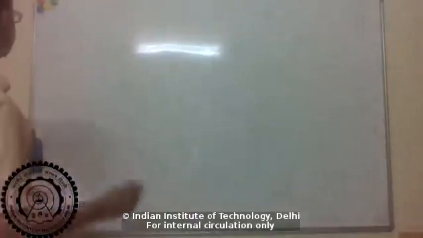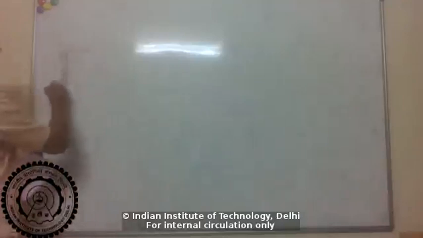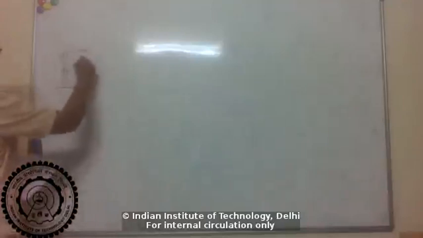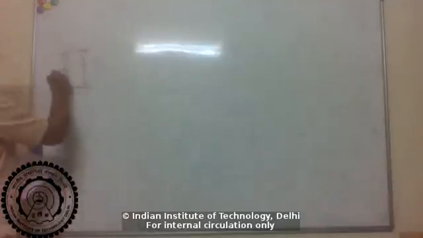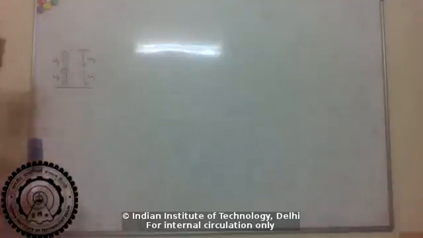So we'll continue our discussion of four-way mixing. You were discussing this process, right? Where we have a strong pump wave at omega p, which is interacting with two weak waves,